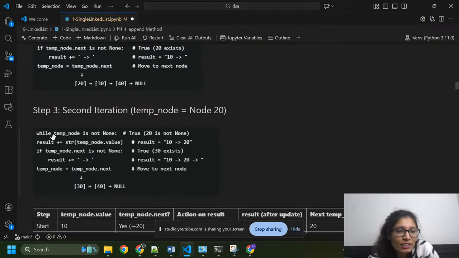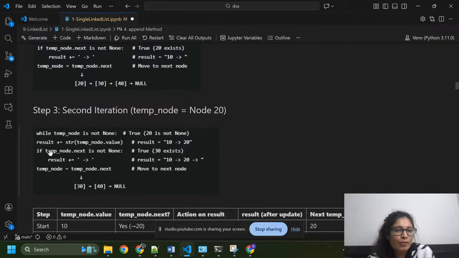So first of all, I need to check temp node is not none. This condition is true because we have 20. It is not none, and we are going to add. Here you can see inside the result we have 10 arrow before. Now I am going to add 20, I am going to add the value.